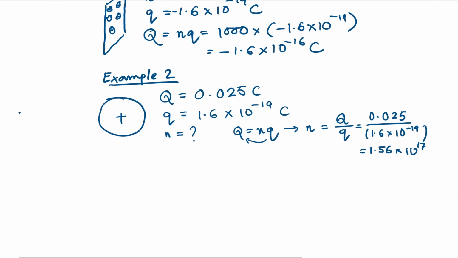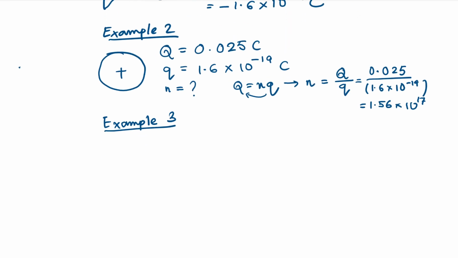And we can have a third example where, let's look at another example. This time I am charging this sheet over here, and we are spraying some charged, let's say, droplets on this sheet over here. And because of that, this sheet has now become positively charged. Each of these droplets are positively charged, and it has now gained a total amount of positive charge of